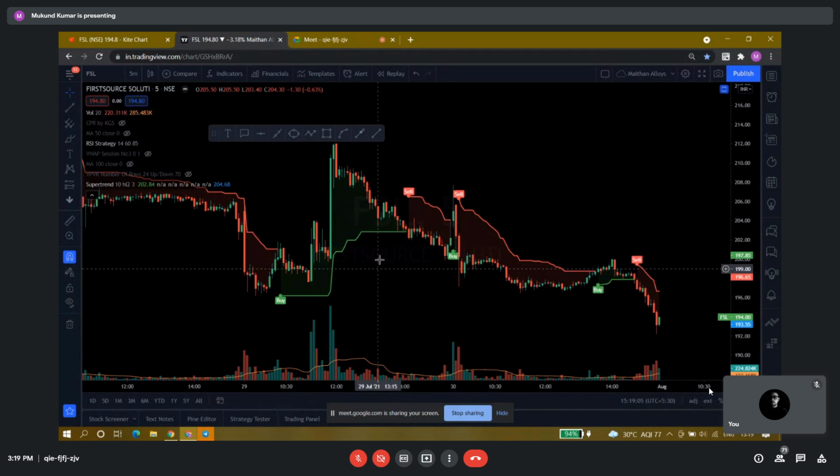Is my question understandable here? Tell the time. Roughly at 140, right? 1340, 140. Yeah, so the green line started almost touching the red candle, right? Roughly at 2 o'clock. So at that point of time, we should probably sell. That's what it means?